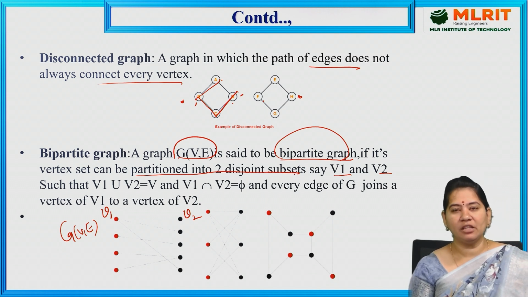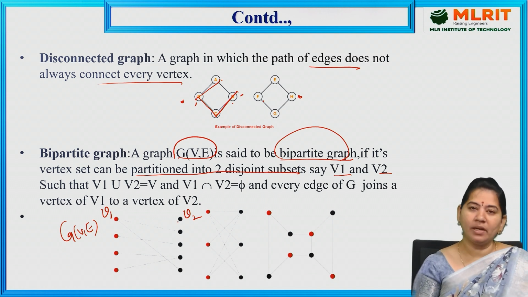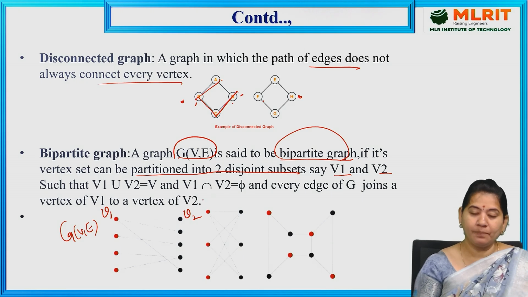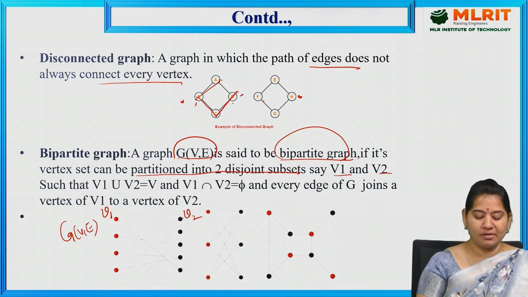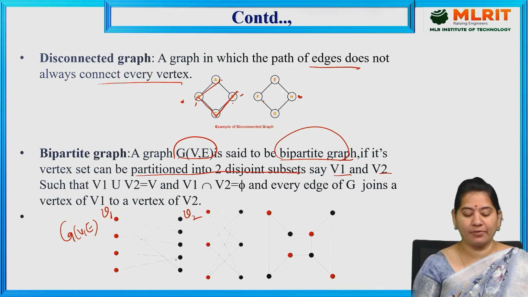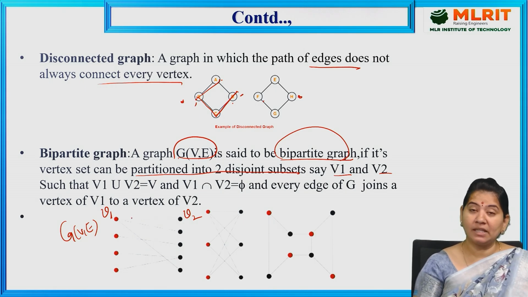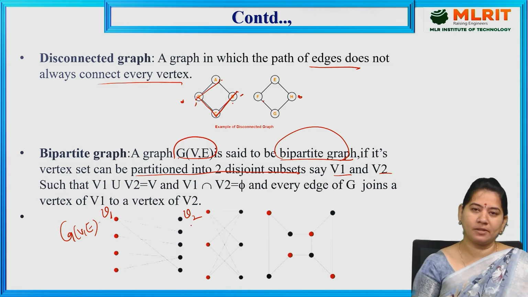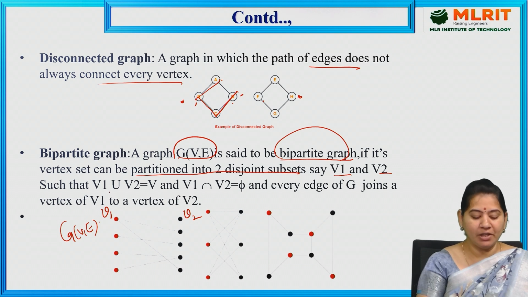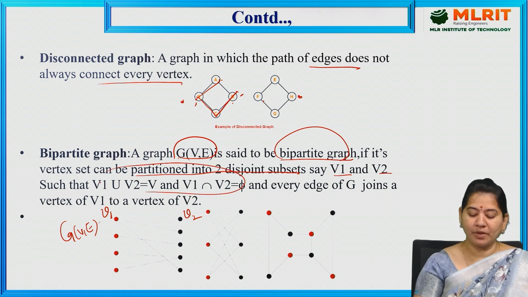Disjoint is nothing but what? If you combine this V1 and V2, you should get the whole vertex set, and you should not get any common values. These are types of vertices under the same graph. So if you apply union between V1 and V2, you should get all the vertices, and if you apply intersection between V1 and V2, you should not get any common vertex, which is nothing but phi. If these two conditions are satisfied, and